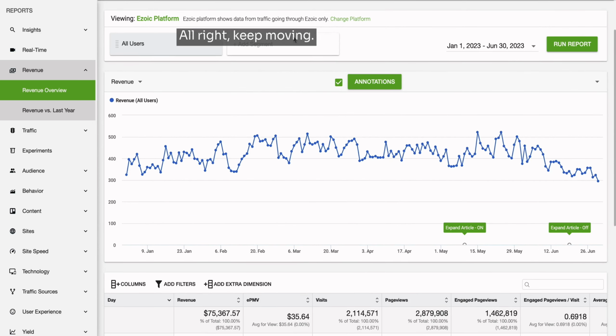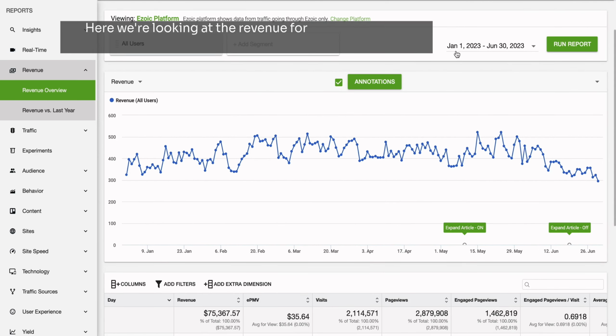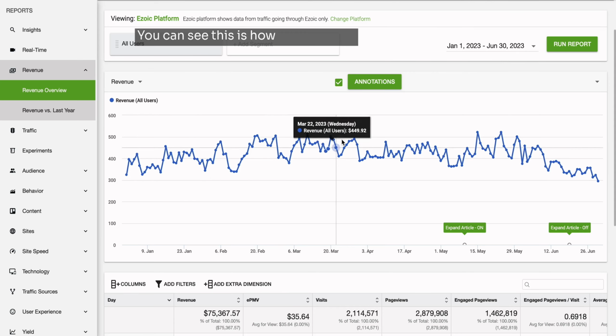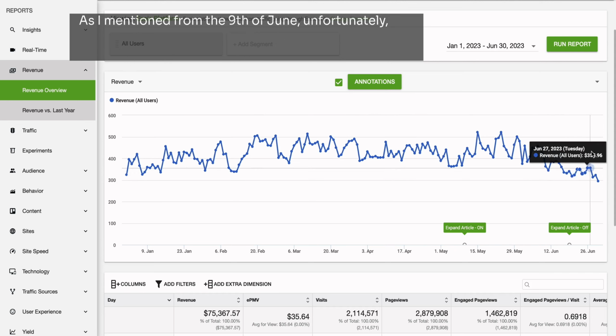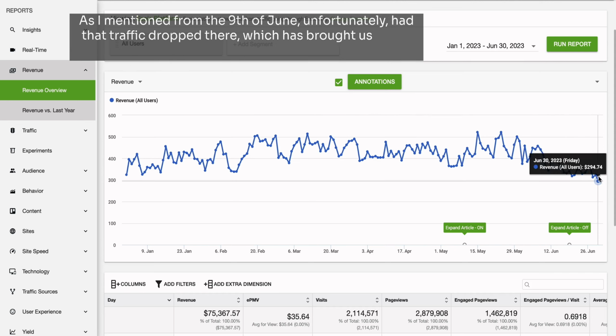All right, keep moving. Here we're looking at the revenue for the year to date, basically from the 1st of January through to the 30th of June. You can see this is how it looks here. Revenue day by day, as I mentioned, from the 9th of June. Unfortunately, I had that traffic drop there, which has brought us to one of the lowest days we've had, which